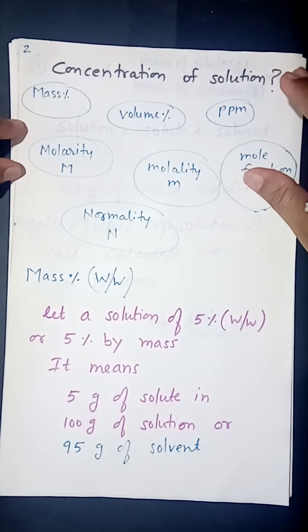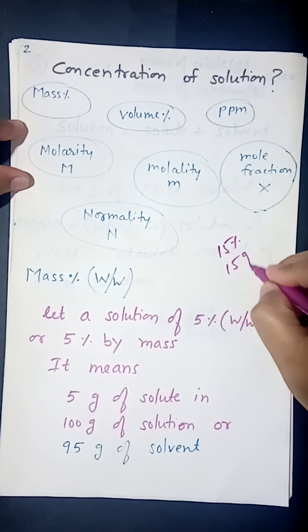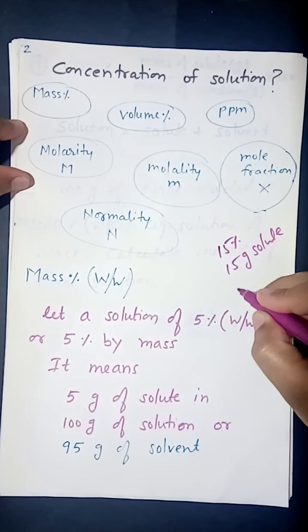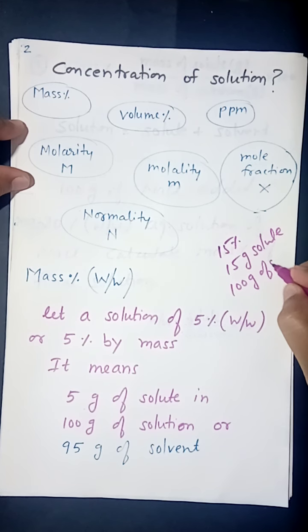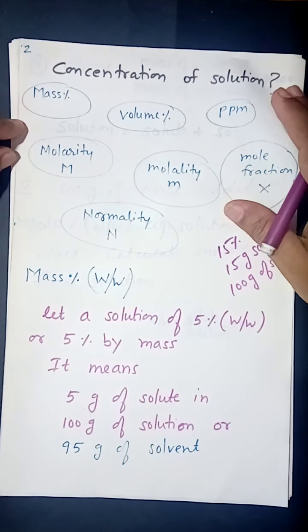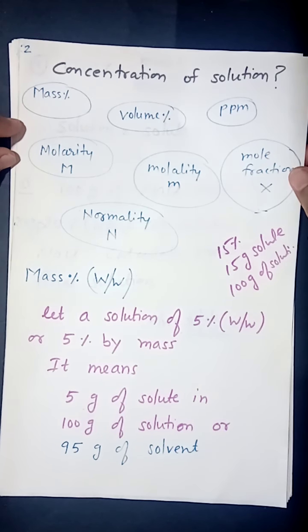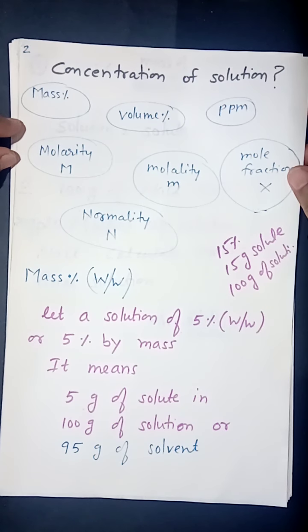Subtract these two, so you can easily get the amount of solvent. So I repeat, if you are given a 15% solution, 15% means 15 gram of solute present in 100 gram of solution. 50%, 50 gram present in 100 gram. 80% solution means 80 gram of solute present in 100 gram of solution. Remember one point, whenever it is given, say, a 20% solution, 20 is the amount with respect to solute.